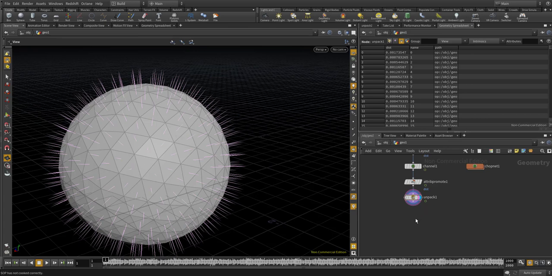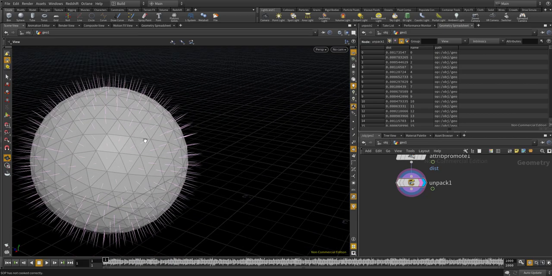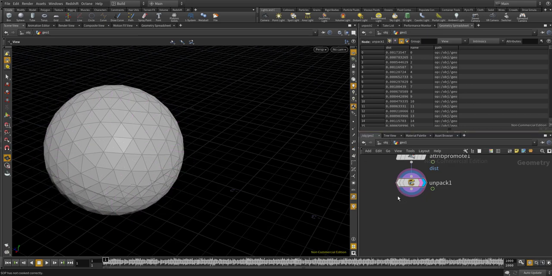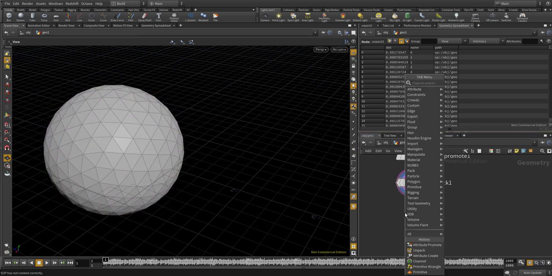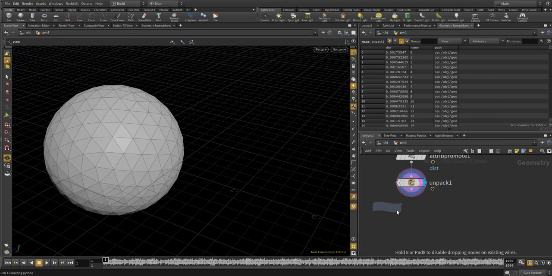So what I'm gonna do is to use the wrangle to create the extruded column for each triangle. Now I'm gonna use the primitive wrangle,